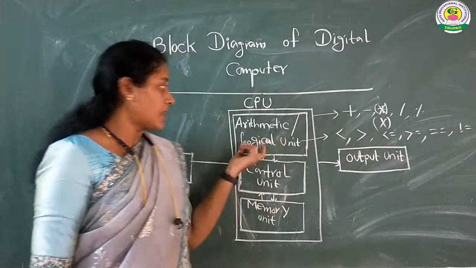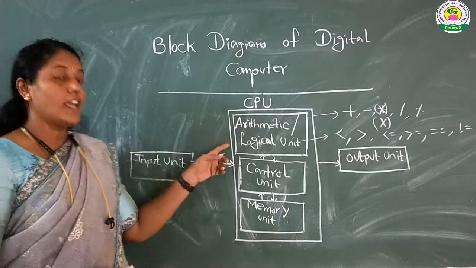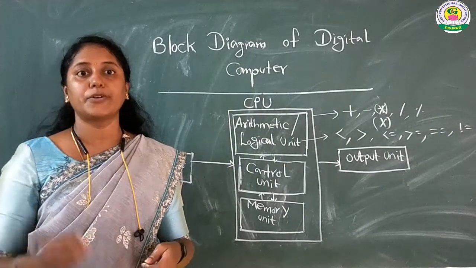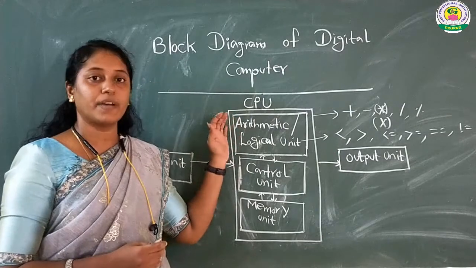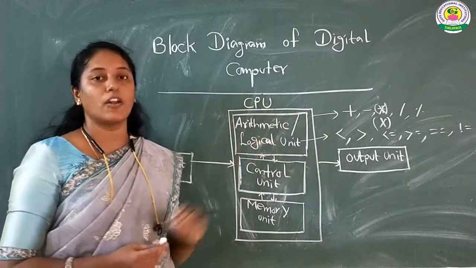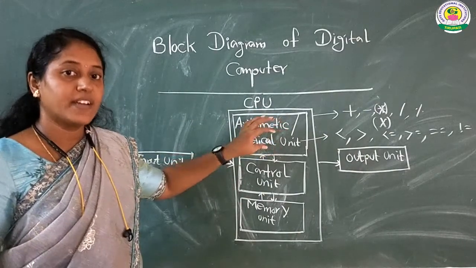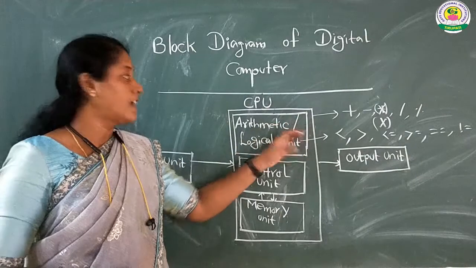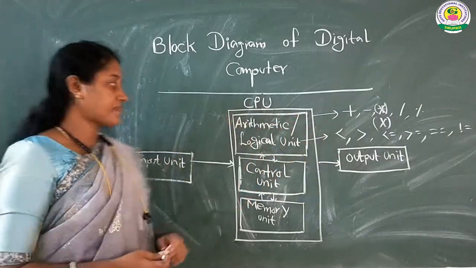Okay, so this is about the logical comparison or logical operators. Usually the processes that can be applied to data are of two types. So what are they? Nothing but arithmetic operators and logical operators. Okay, so usually from this unit itself, all the arithmetic operations and logical comparisons will be done in this place only.